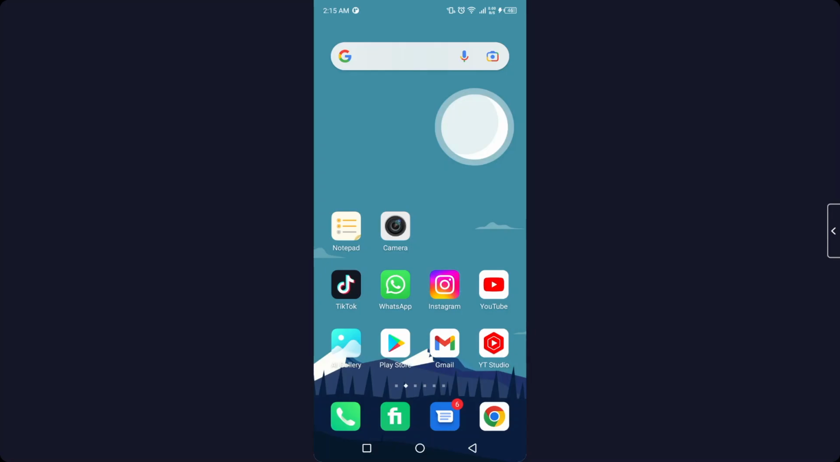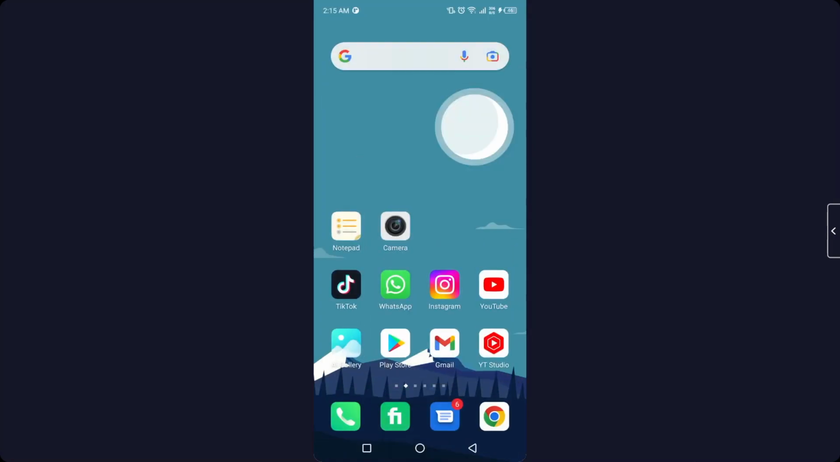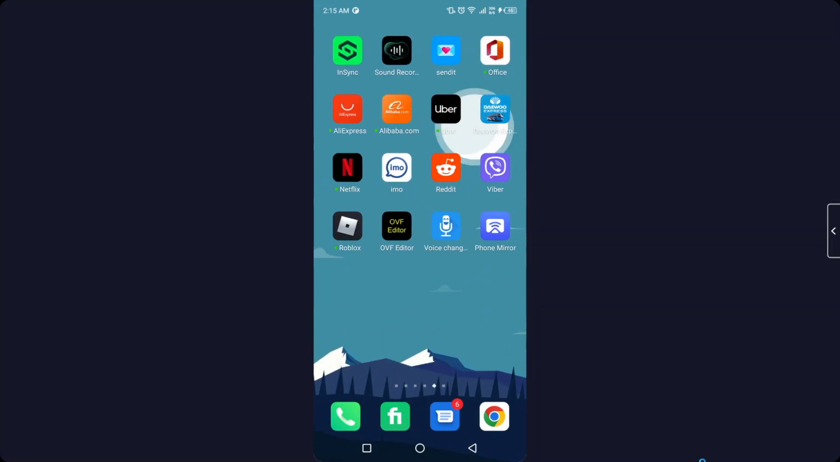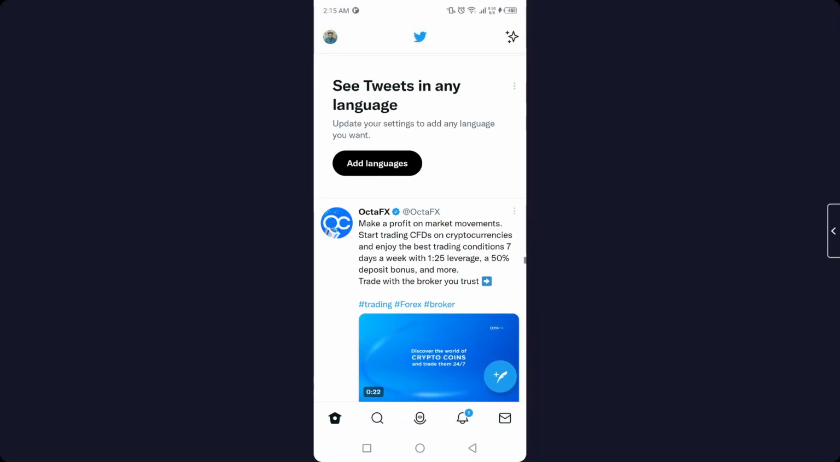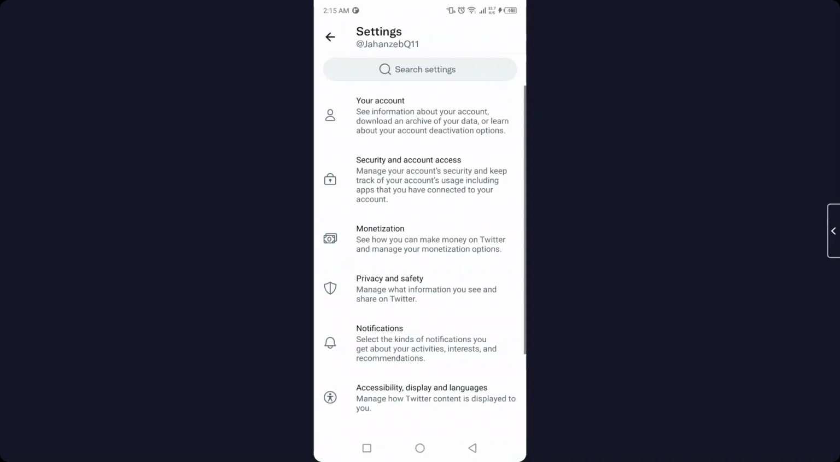So the first step you need to do is to open Play Store and download the Twitter application. Once you've done that, you simply need to log in to your account and open Twitter. As you can see, then you need to click on your profile picture on the top left, and then you need to scroll down and click on settings and privacy, and here you need to click on privacy and